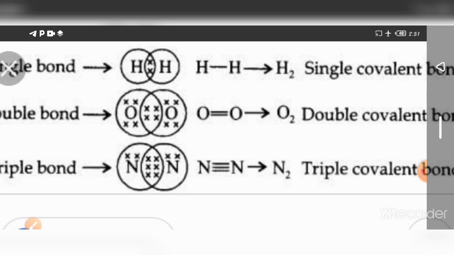In oxygen, the atomic number is 8, you put the dotted structure. Okay, here a double covalent bond, that is, an oxygen double bond, will be formed. The same way you put for nitrogen also. There a triple covalent bond will be formed. How will it be formed? You have to draw the structure and make a photocopy and send it to the group.